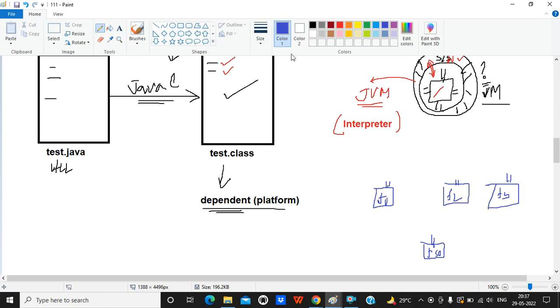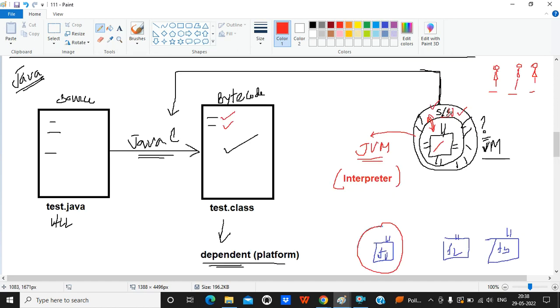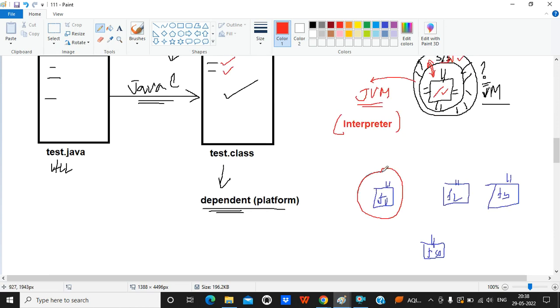Now see, I told you that this is a software. Now what is the software? You have to install the software in that particular machine. So how can we use the software? You have to install that particular software in that particular machine. If you install this software in this microprocessor, this complete machine becomes a Java virtual machine. Can't I say that? So when you install this interpreter software in this machine,